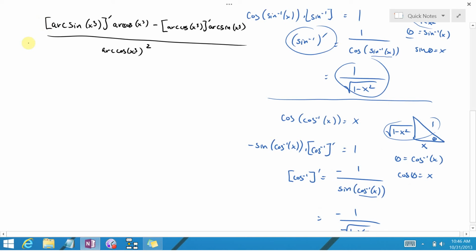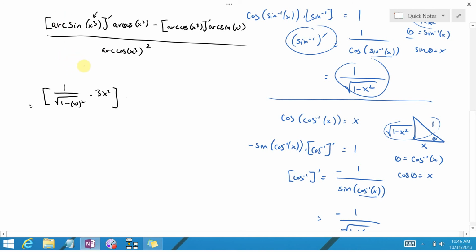Okay, so what are these derivatives here? Well, the derivative of arc sine is 1 over the square root of 1 minus x squared, but we're applying it not to x, we're applying it to x cubed. So this is 1 over the square root of 1 minus x cubed squared. And then we're not done yet, because we have to multiply by the derivative of the inside, which is 3x squared,